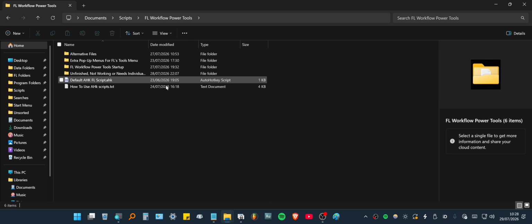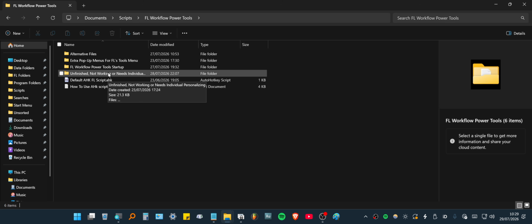Now, this is the folder that you'll get when you download the zip file. And there's going to be alternative files that you can swap out for the main files, and I'm just going to briefly go through this folder and AutoHotkey scripts in general before I get to the actual main scripts and what each one does in FL Studio, like the good stuff, like really cool things. It's took me so long,